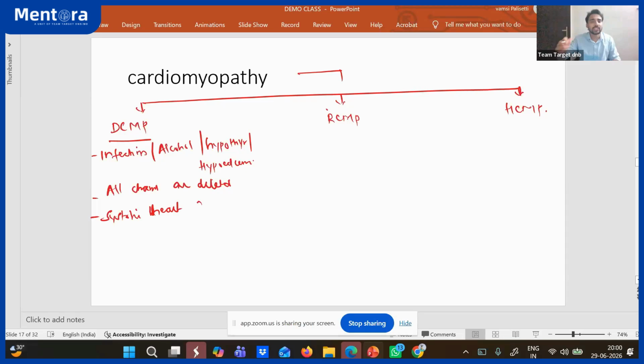Right? So DCMP mostly seen in infections or alcohol or hypothyroidism or hypocalcemia. Examiner definitely gives this history as infection is there or some alcoholic is there, patient has hypothyroidism or patient has hypocalcemia. But when you do echocardiography, all the chambers are dilated. Because chambers are dilated, so what is going to happen? The ventricular muscle becomes thinned out, so it is unable to contract strongly. So it is systolic heart failure. There is reduced ejection fraction. Along with this, the ventricular chambers are dilated. What is going to happen? The valves also, problem will come. The patient has MR or TR. Very important thing.